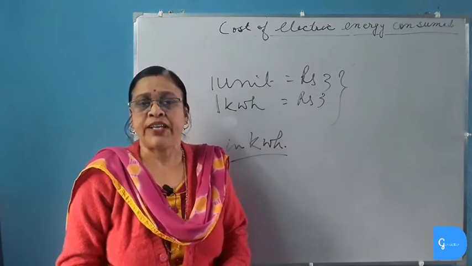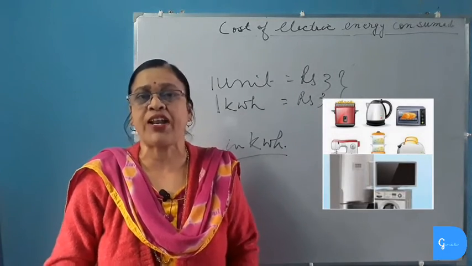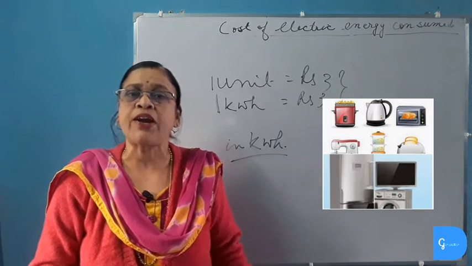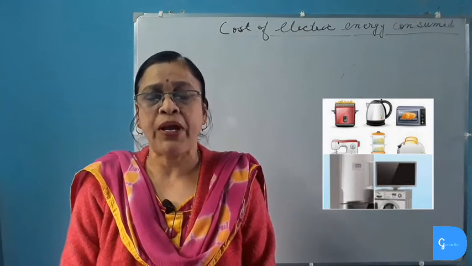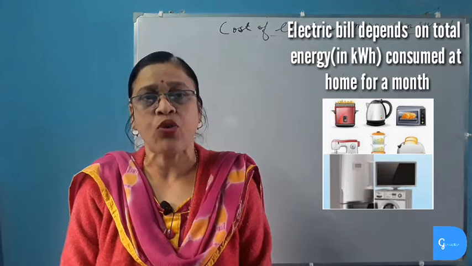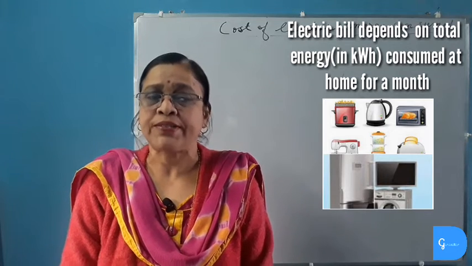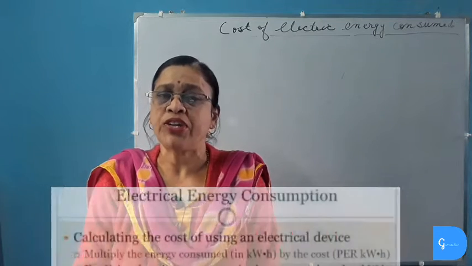And we know that different electric appliances in our home consume different amounts of electric energy. That is, the power rating of each electric device is different. We pay the electric bill for all the electric energy consumed by different electrical appliances at home for a definite period of time, say for a month. Now it is clear that electricity is sold in units.